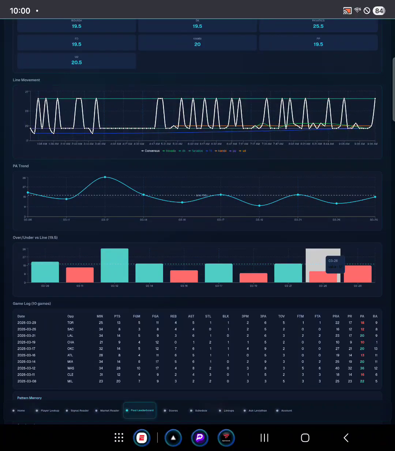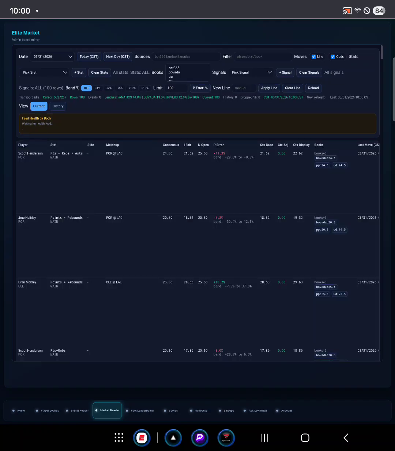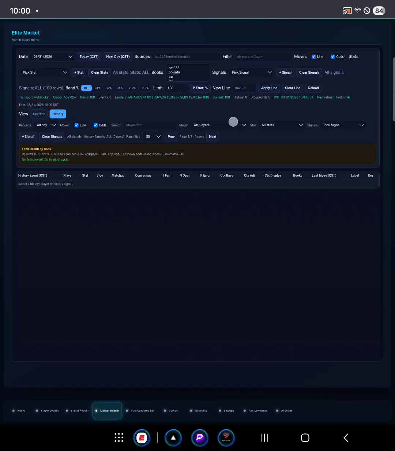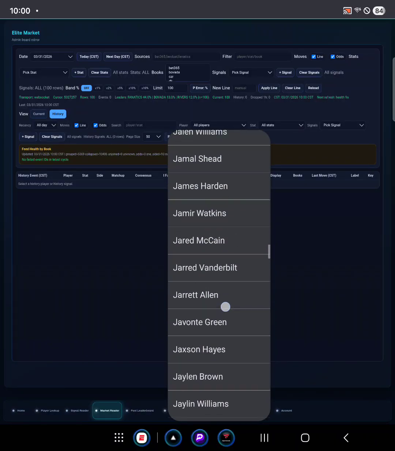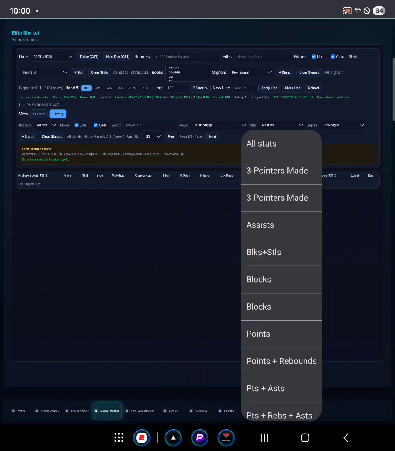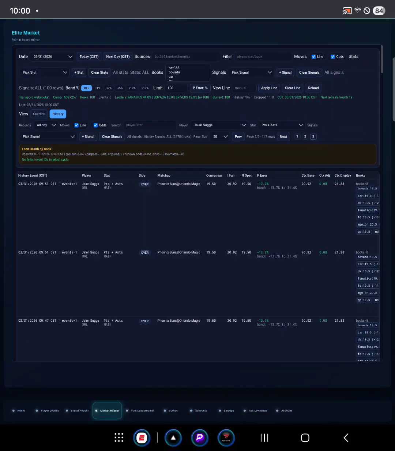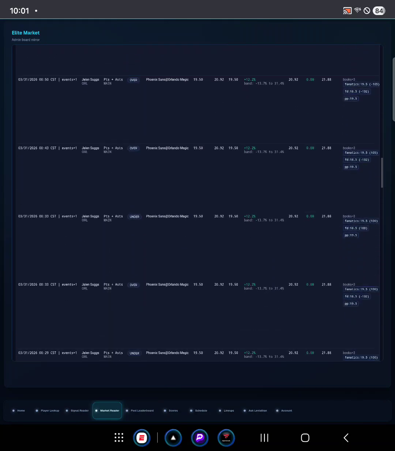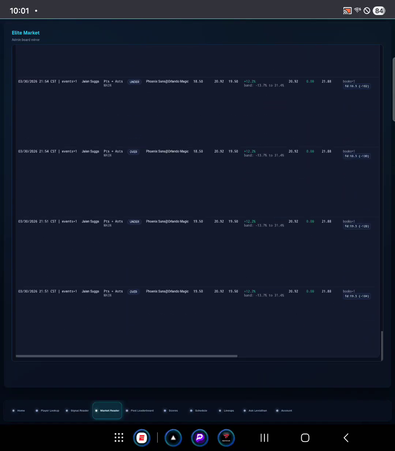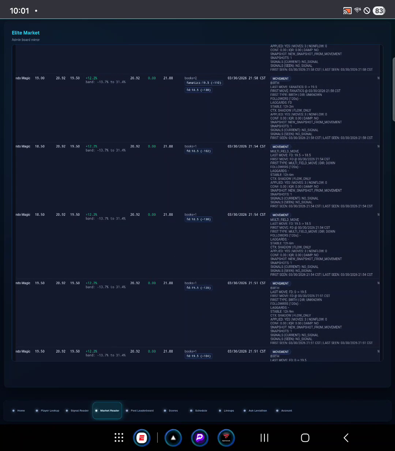But yeah, market reader is a tool that you should have in your back pocket, because it's able to see sharp money. It's able to see when the books moved. One thing you could also do, like right here, if I was gonna go to Jalen Suggs and I wanted to see his PA, you can go to the last tab and see exactly what happened the day before, or with his line since the birth of it. You see, we're still taking his line since the 30th, which was yesterday,